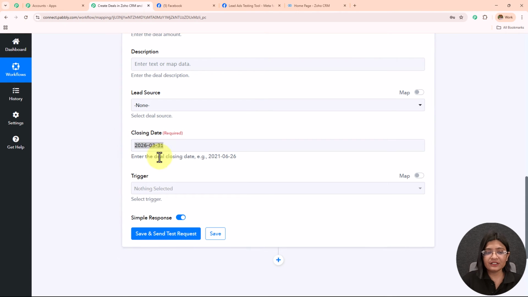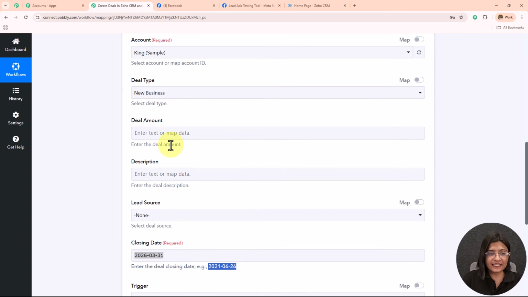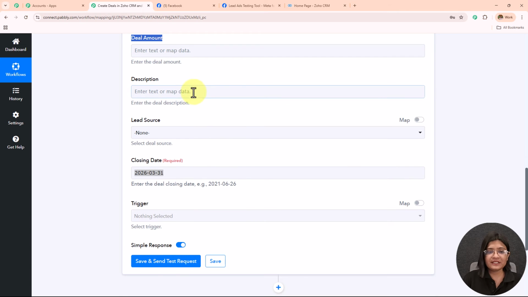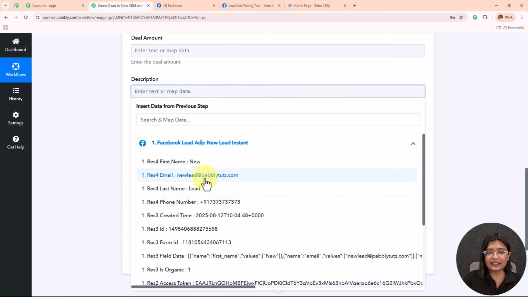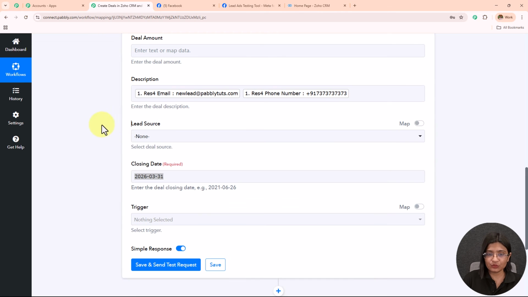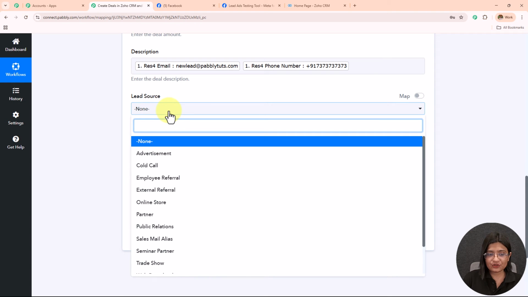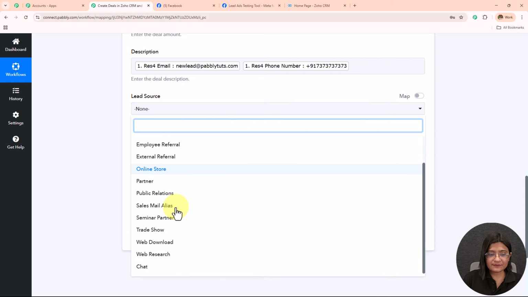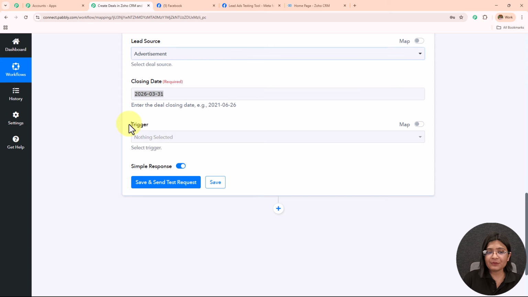Here I have entered the date in the similar format given in the help desk below. And then in this deal amount, I'm going to skip this. In the description, I'm going to add the email address and then the phone number. Now here in the lead source, I'm going to select it as advertisement, and then I'm going to skip this